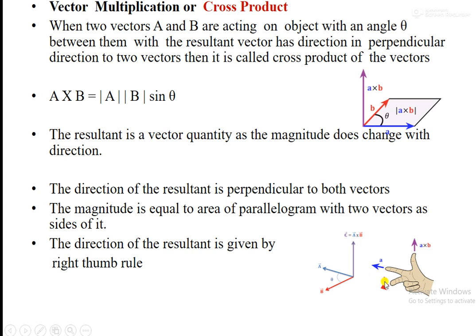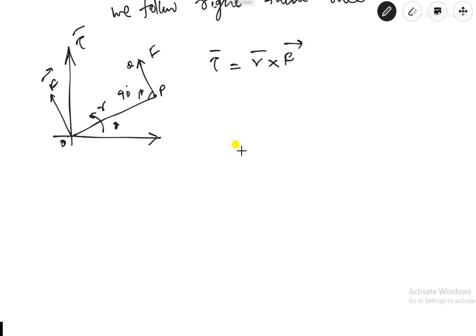If we interchange these directions, when B cross A, the thumb C becomes negative. This goes down. We have to invert the thumb. Invert thumb means you have to try it with your own hands. You are showing A and B like this, and if you want to change B to the minus side, to show B on the other side, you have to invert the whole hand. Then the thumb will also go down, so the resultant vector will be in the opposite direction. That is what it means. So A cross B is not equal to B cross A.